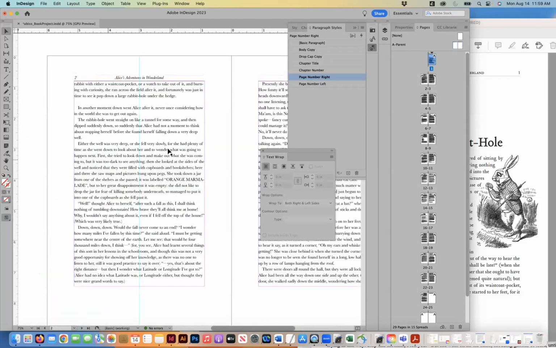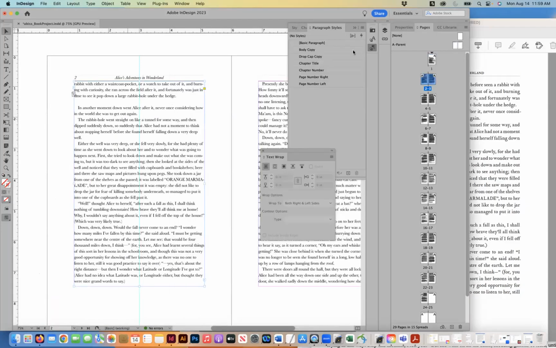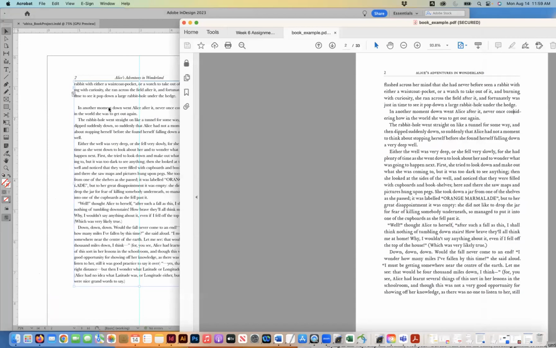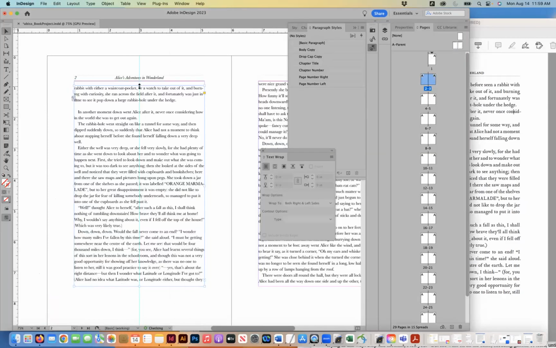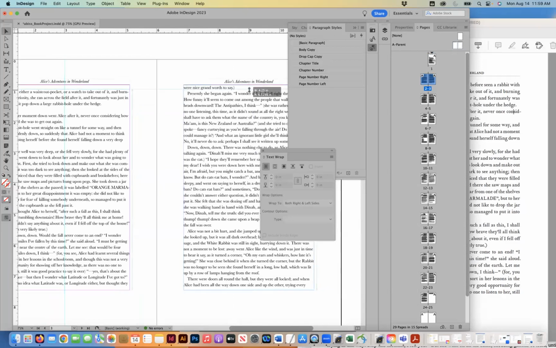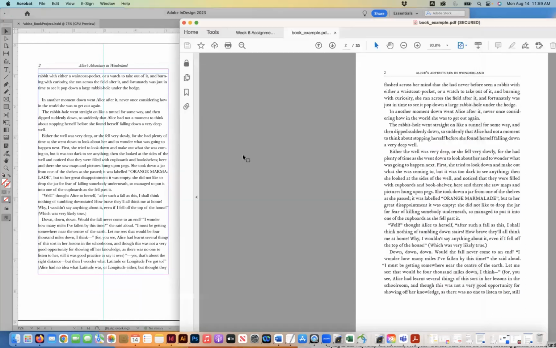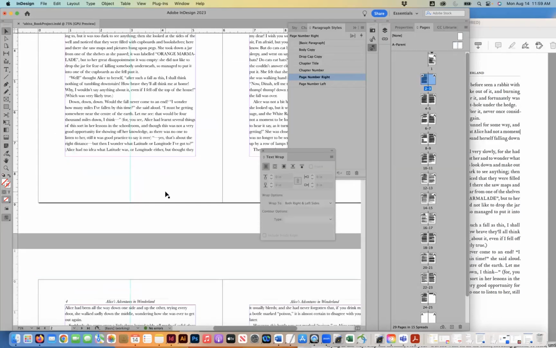And then you go into page 2. So go ahead and page 2 on your example. And it looks like we need to just pull down one line of your body copy so that it's not so close to the top edge. And you'll have to do that on every page. It's a little annoying, I know, but